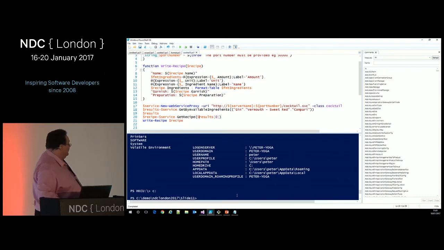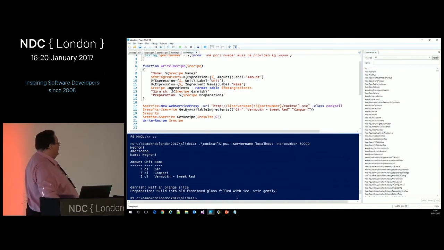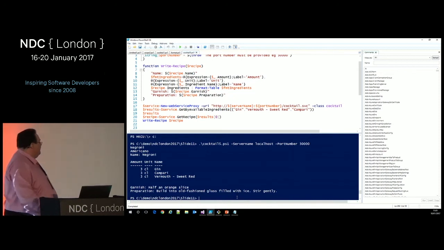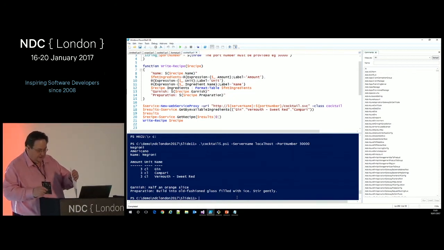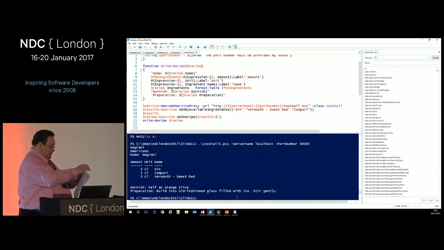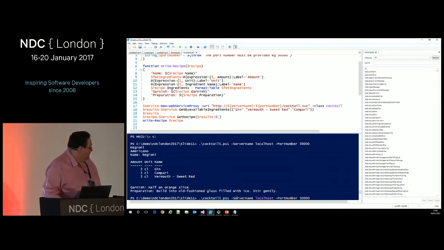And we'll go through this little lot here. We'll run that. And hey presto, I've got my recipe for a Negroni down the bottom of here. So, next thing I can do is